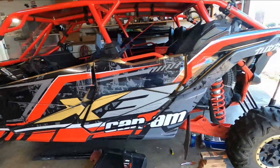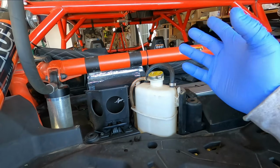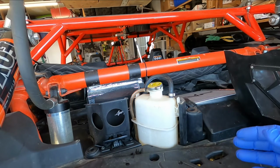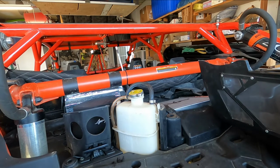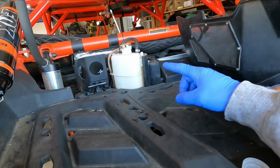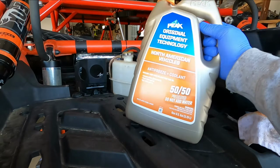All right, Can-Am Maverick X3. Is your coolant low and you're debating on what type of coolant to add? You know, the BRP stuff, the orange stuff, is very expensive. And I've done some research, so it's basically long life OAT, organic acid technology, orange, ethylene glycol based coolant. So instead of paying like 10 bucks a quart, you can just go to local AutoZone